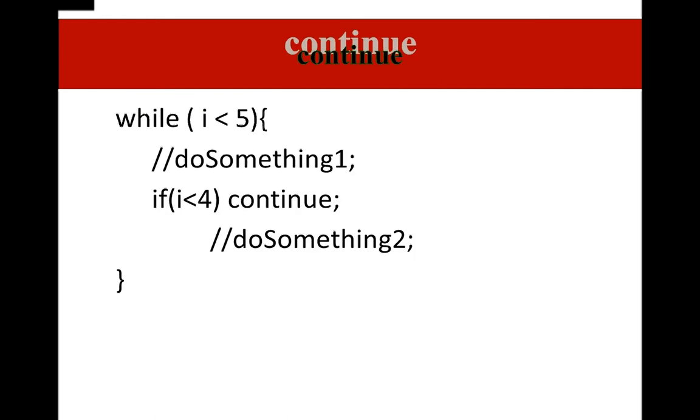And coming to the continue, the name itself says it is going to continue by skipping one particular round or one iteration. This loop repeats 5 times. Let's say if the i value is initialized with 0, this loop repeats 5 times usually. But whenever the i value is less than 4, we are continuing it. So when i value is 0, 1, 2, 3, for these the condition is satisfied. Whenever this condition is satisfied, we simply continue.